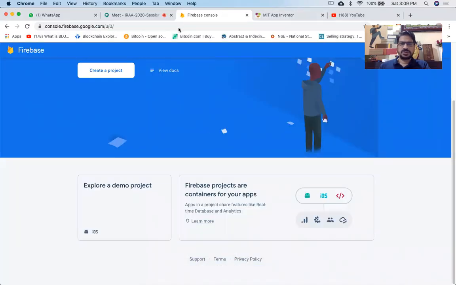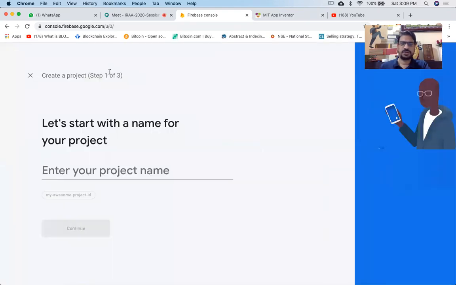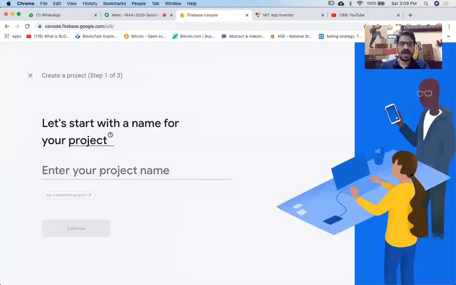So now here I am in the Firebase console. In the Firebase, what I'll do is I'll create a project. Because it is a home automation project, I'll create a separate project for it. So I'll just click onto the create project. I'll give the name, let's say the home